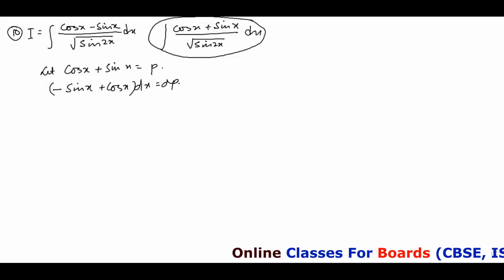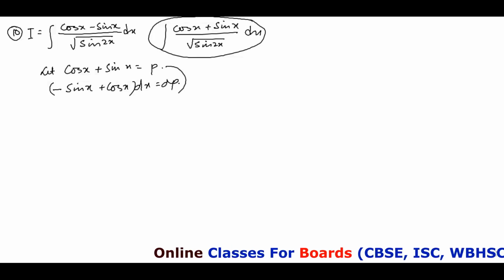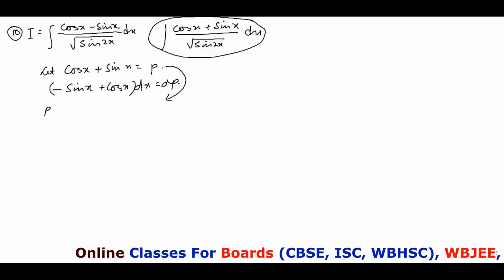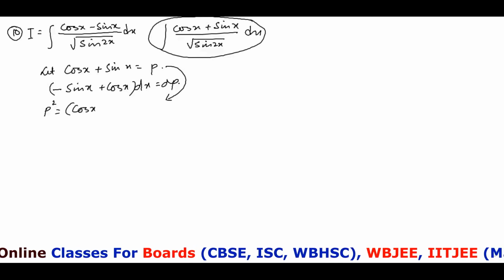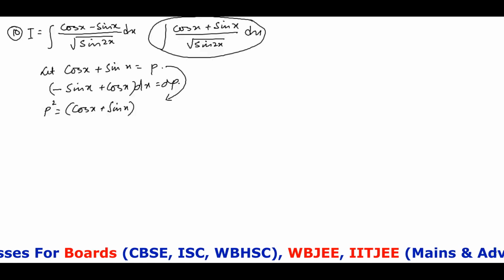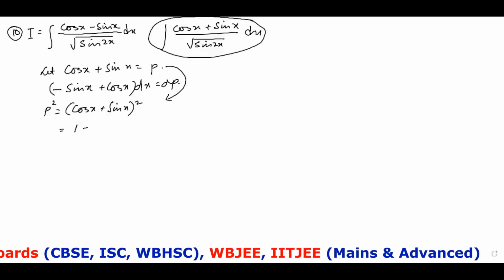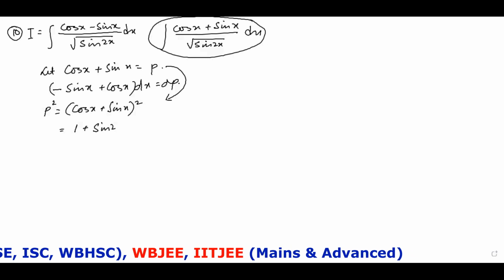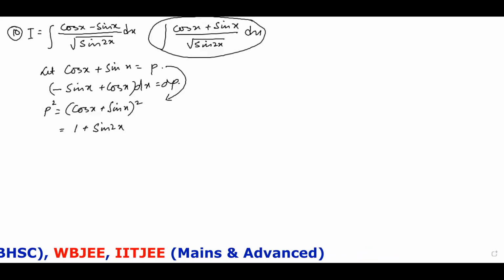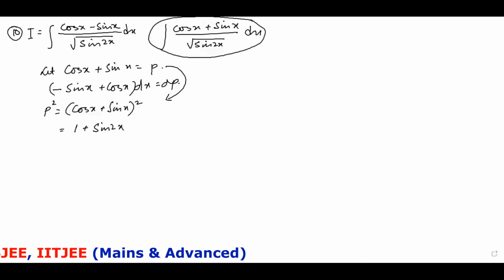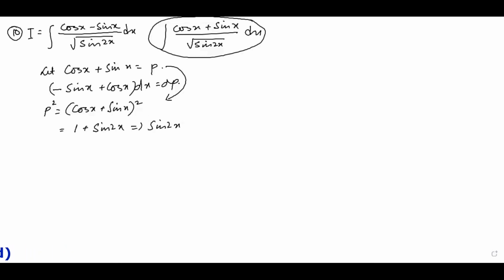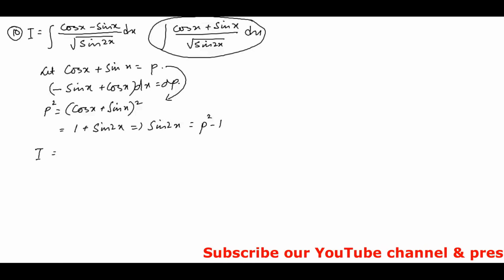So if we differentiate, we are having, is it clear? Now, here if we square both sides, we are having, is it clear? Because a plus b whole square, a square plus b square plus 2ab, sin square x plus cos square x will give you 1. And 2 sin x cos x will give you sin 2x. So from here we can say that sin 2x is p square minus 1. Is it clear? Therefore my integration becomes